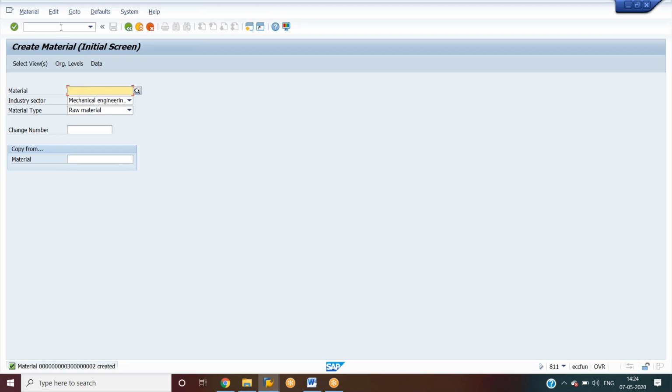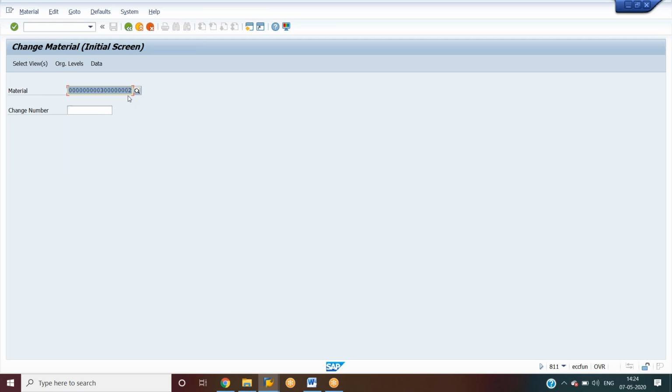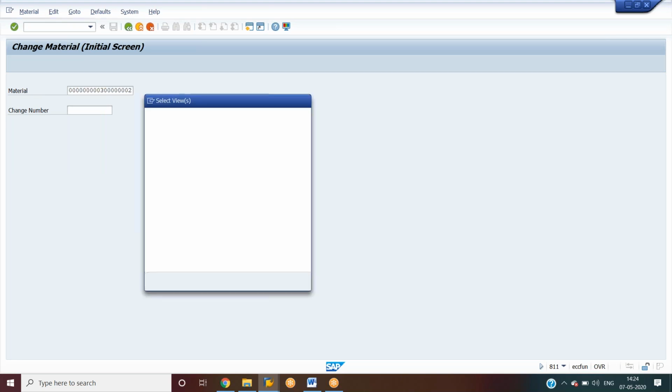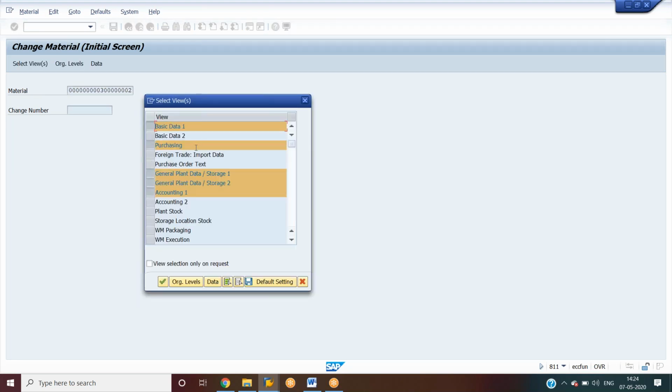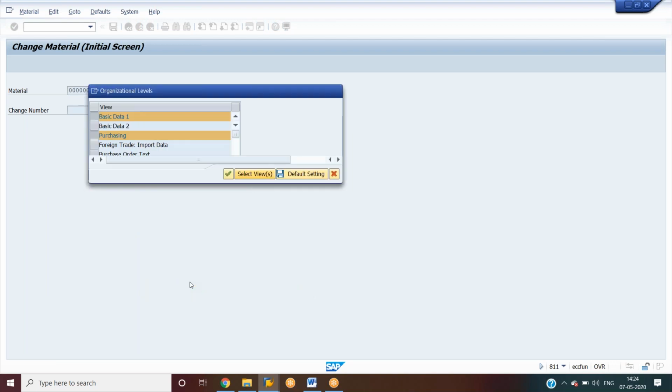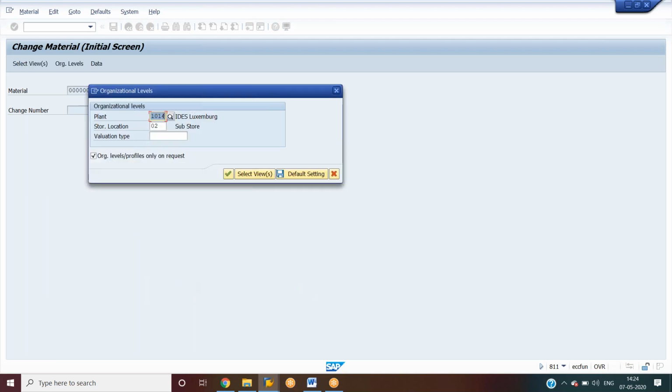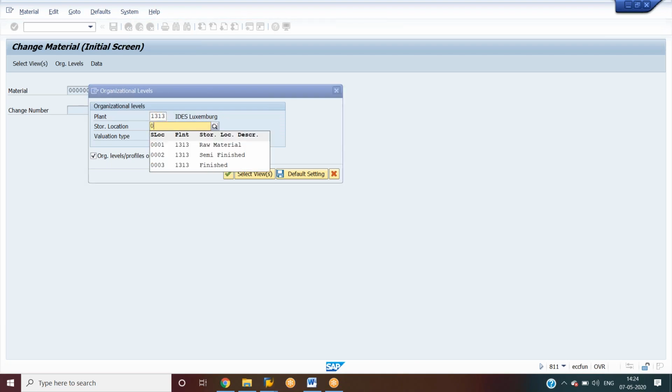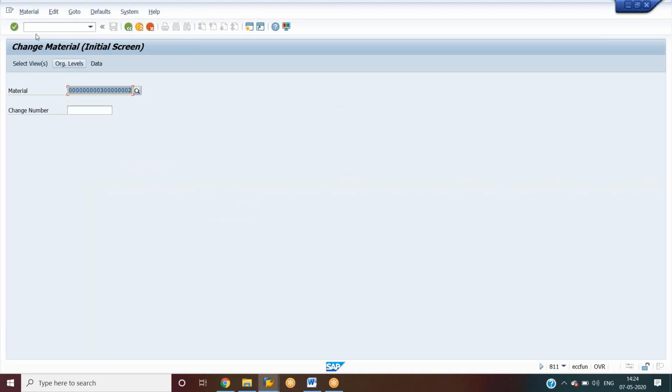So let me go and show you one example. Let me go to MM02, and this is the material number. These are all the views I need to maintain. The plant is 1313, and the storage location is... before that, let me go and show you the storage locations.